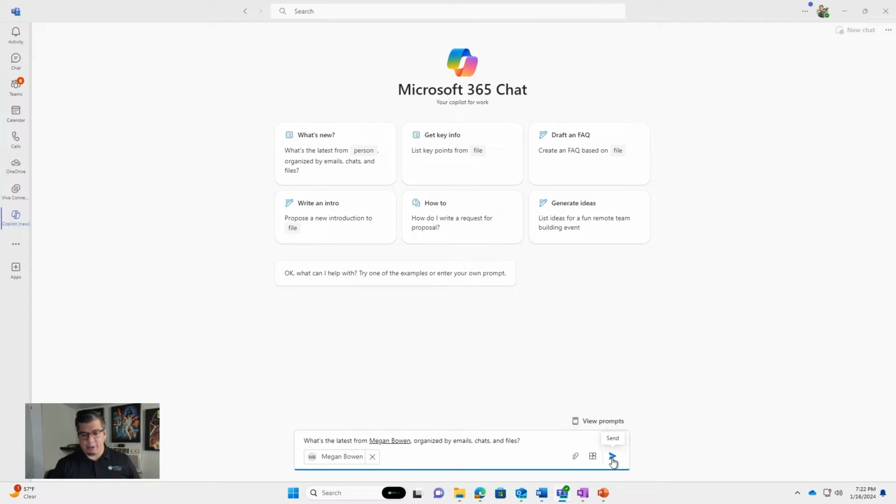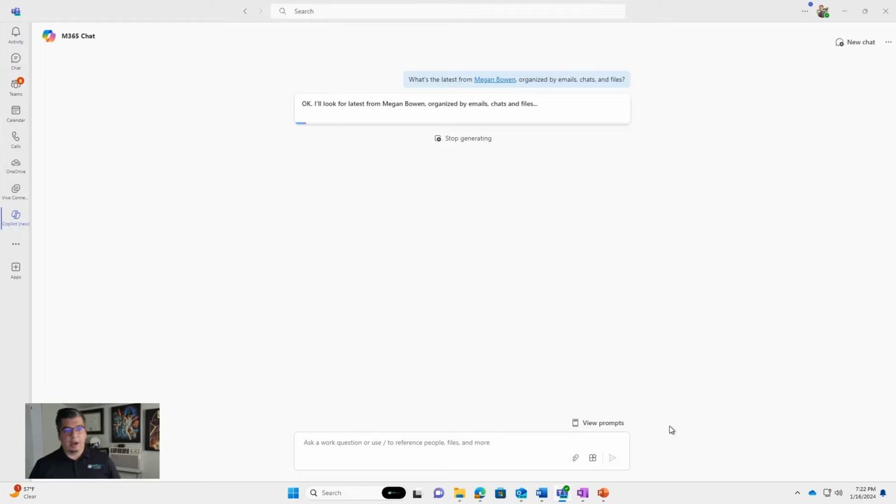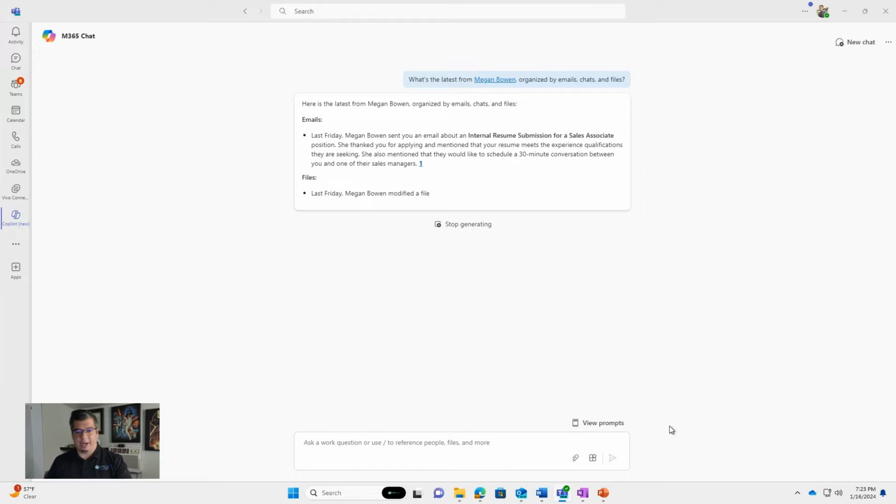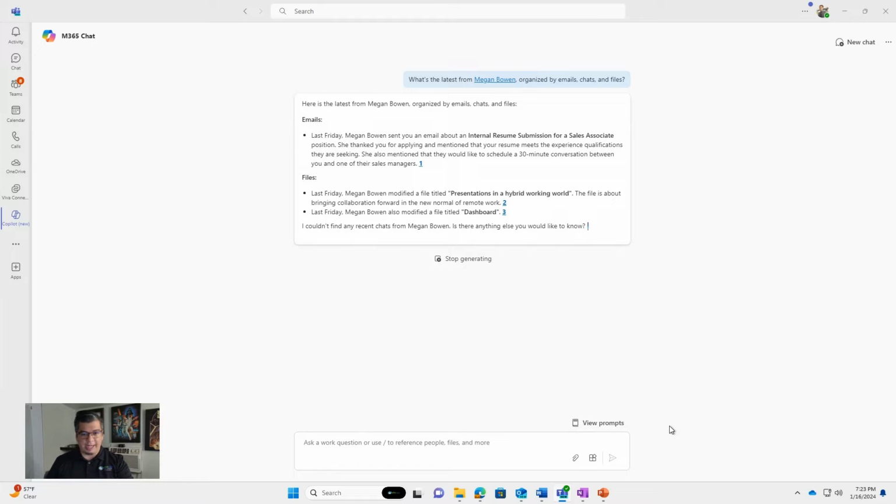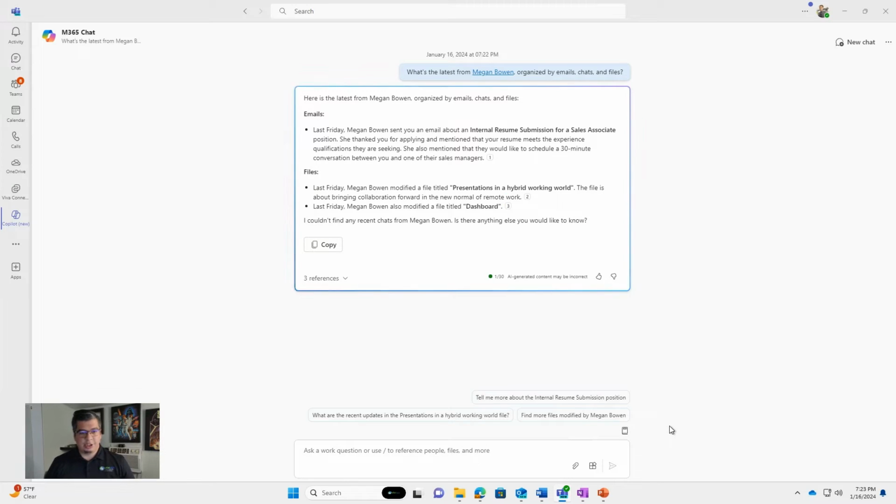So if I enter that prompt in here, and ask that of Copilot, it's going to search through my information that's on Microsoft 365 and provide me. So it says, here's the latest from Megan Bowen, organized by emails, chats, and files. So last Friday, Megan Bowen sent you an email about internal resume submission for a sales associate position. She thanked you for applying and mentioned that your resume meets the experience qualifications they're seeking. She also mentioned that they would like you to schedule a 30-minute conversation between you and one of their sales